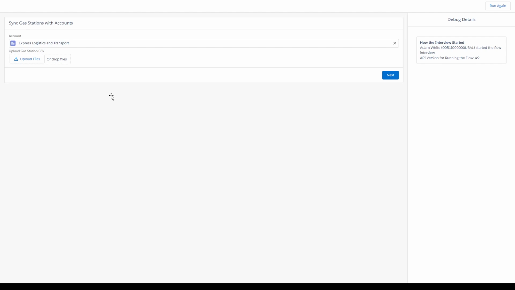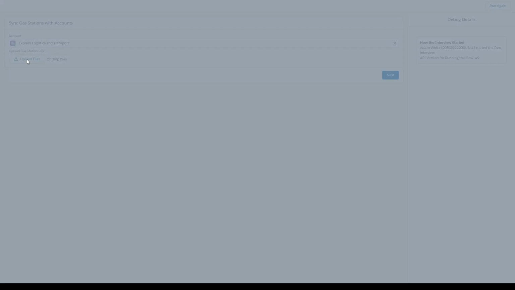So you get this CSV file maybe from the company that owns all these gas stations, and you want to make sure they're all up to date in Salesforce. So you have this single column of IDs, and I've planted a few fake IDs in here to show you another little cool feature. So what you would do is pick your account, and upload your station ID CSV file,